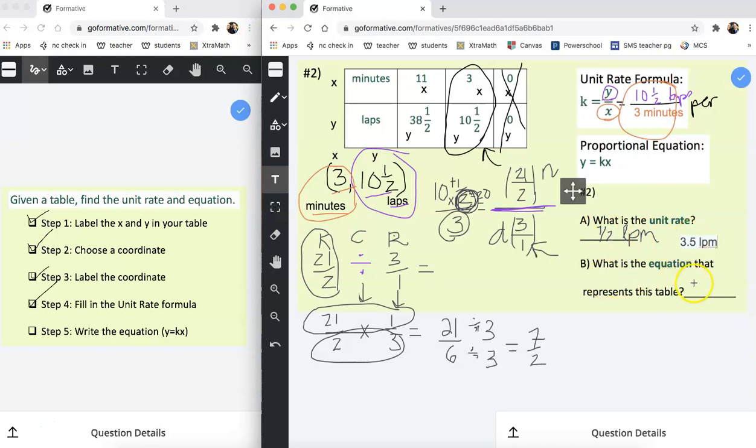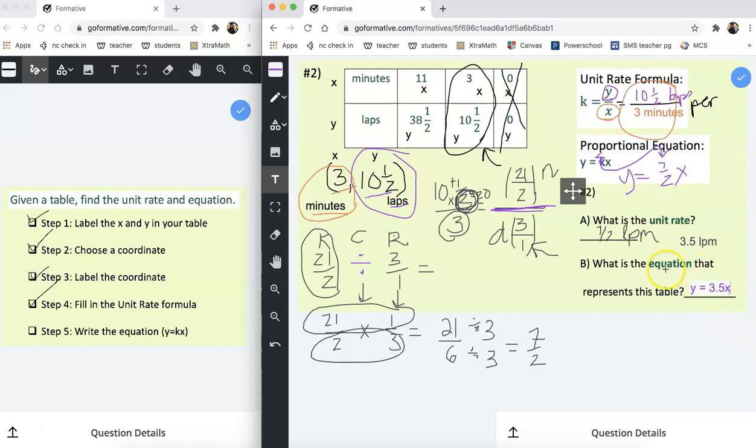And then I'll come down here to the equation part. And for the equation, I should grab a different color. We're going to just cross out K, and we're going to replace it with a unit rate. So instead of K, we replace K with the 7 halves. And then the X you leave alone, the Y you leave alone, the equal sign you leave alone. You could also, if you prefer, instead of writing Y equals 7 halves X, write Y equals 3.5